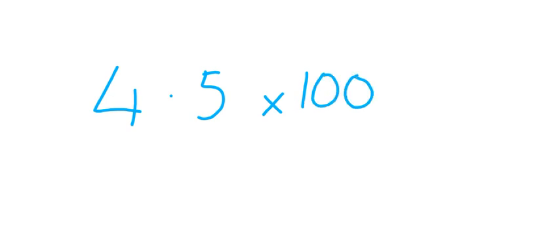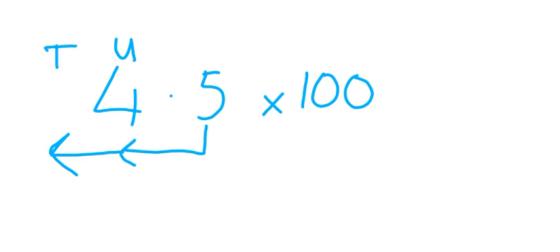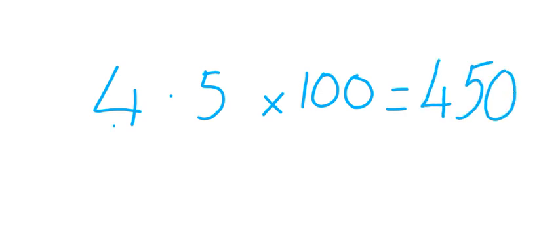In the same way, we can multiply by 100. So let's have a look at 4.5 times 100, but this time, instead of moving up one column, each number is going to move up 2 columns. So our 5 tenths is going to go to the units and again to the tens. Okay, so that becomes 450. So the 4 becomes 400 and the 0.5 becomes 50.